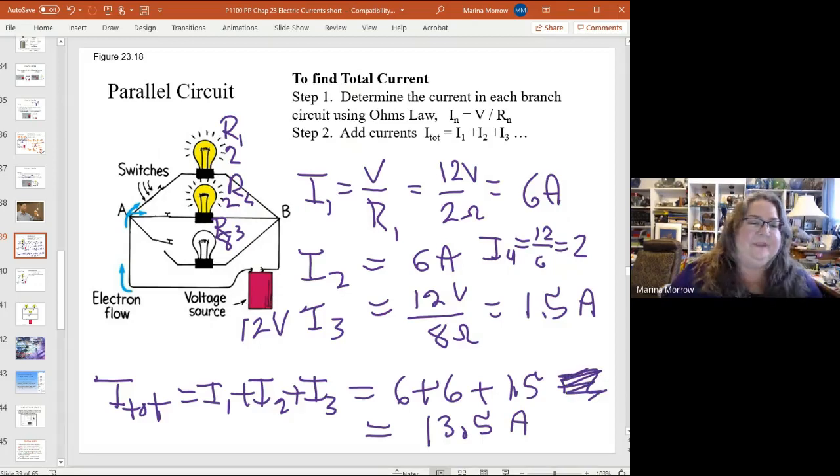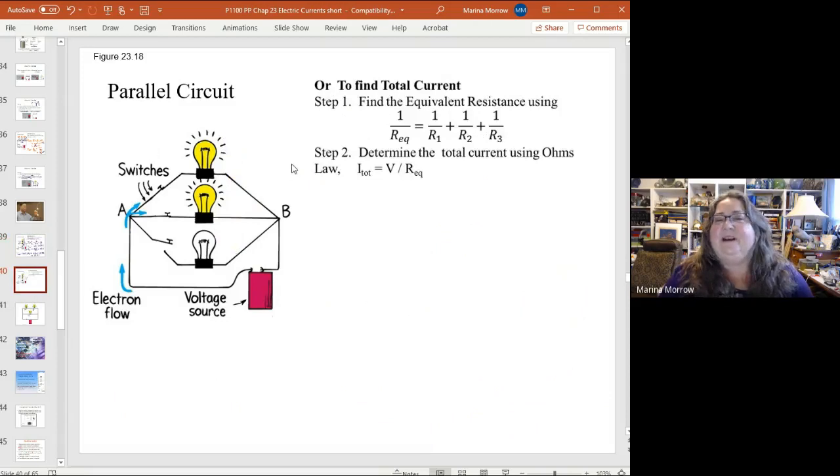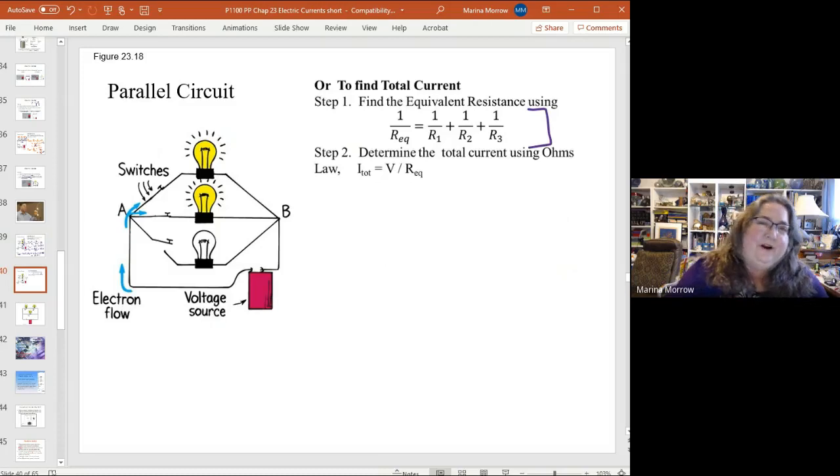Okay. The other method that people like to use is finding what's called an equivalent resistance. And to find an equivalent resistance, well, it used to be you had to be really good at fractions. Now you have to be really good at putting it in your calculator if you want, or good at fractions. So the equivalent resistance is this formula. 1 over the equivalent resistance is 1 over R1 plus 1 over R2 plus 1 over R3. So if I was going to find the equivalent resistance of those horrible numbers that I picked,